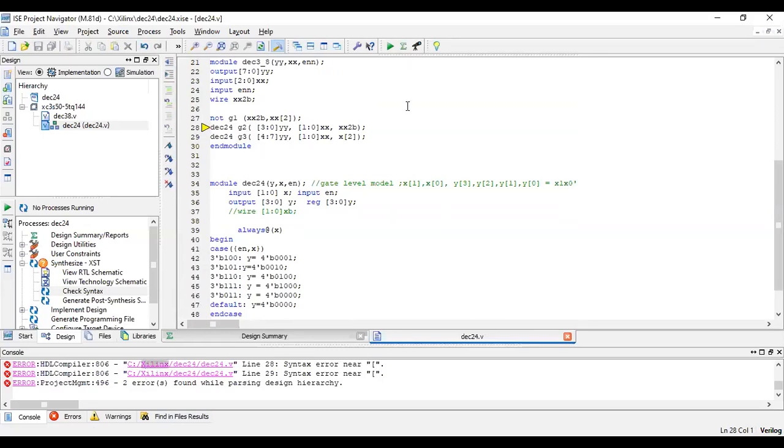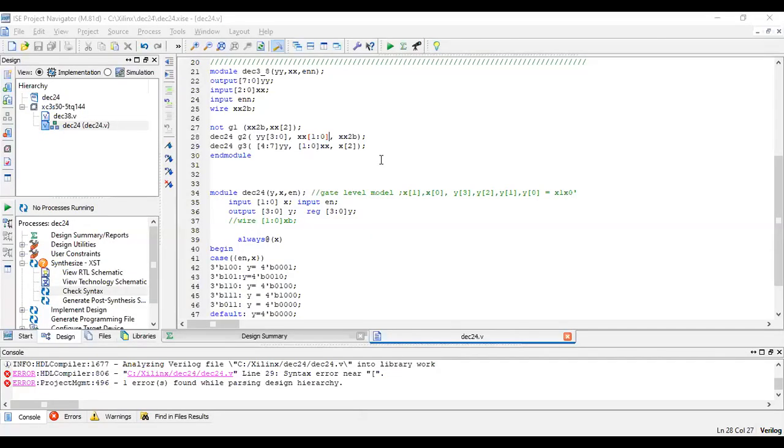So line number 26, there is a syntax error near. Okay, this should be, when you're declaring inputs, you're going to declare it as like this.